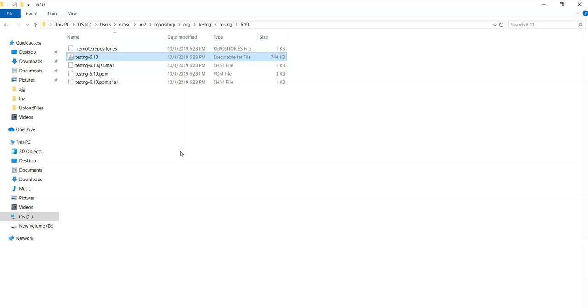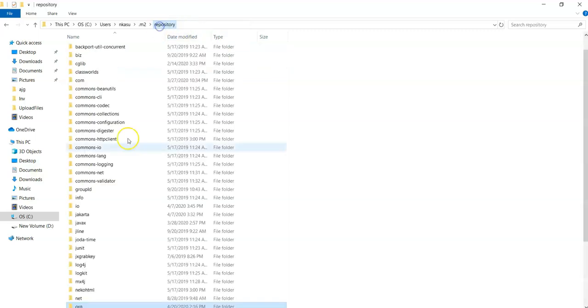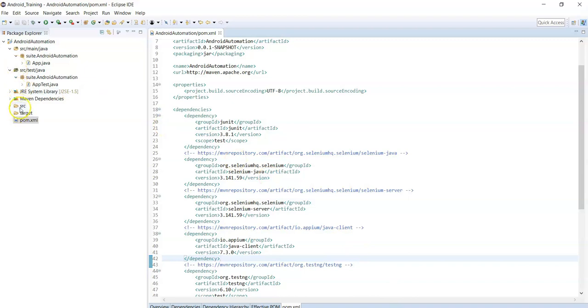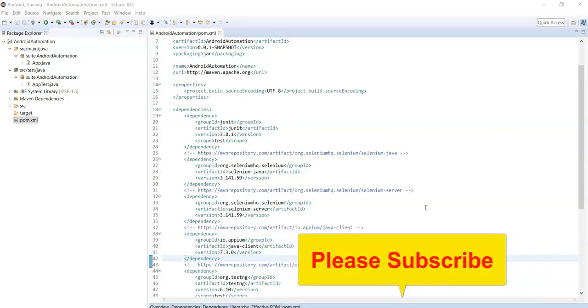Similarly, all the jar files specified in the pom.xml file will get downloaded into this local repository. By default, your project will consider those jar files from the local repository. This is how we can add dependencies in the pom.xml file from the MVN repository. Thank you.